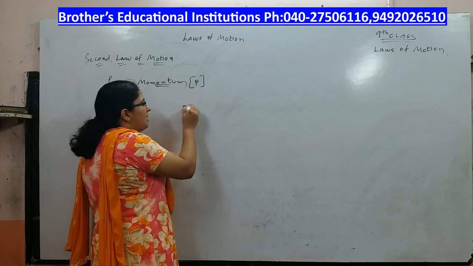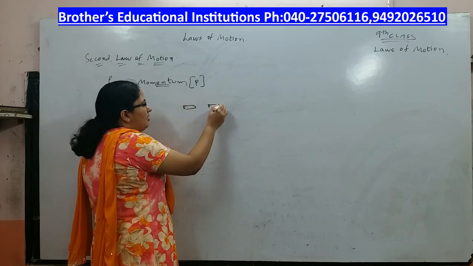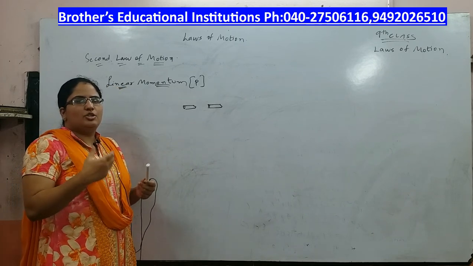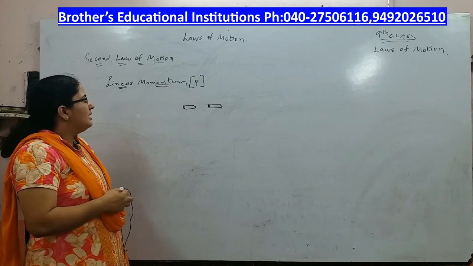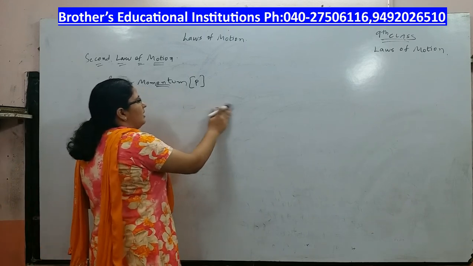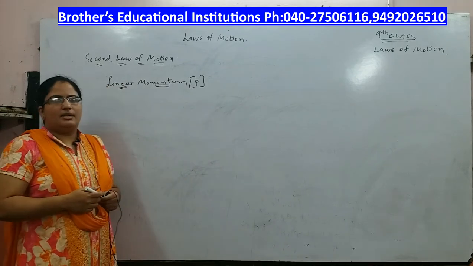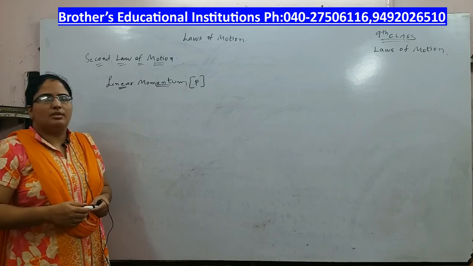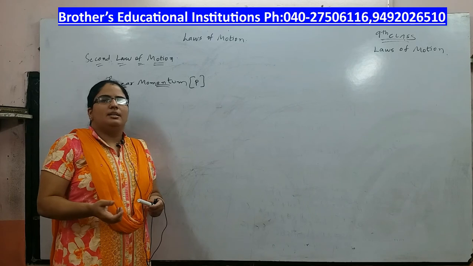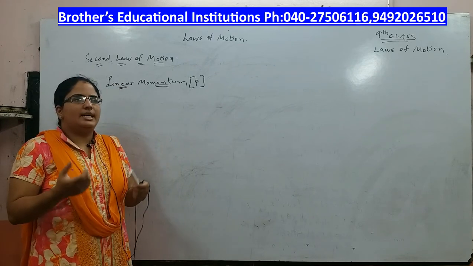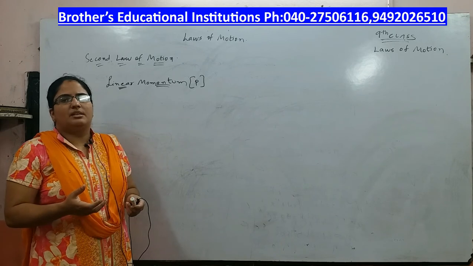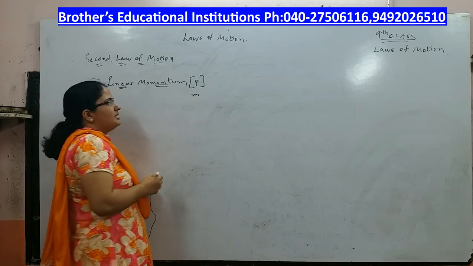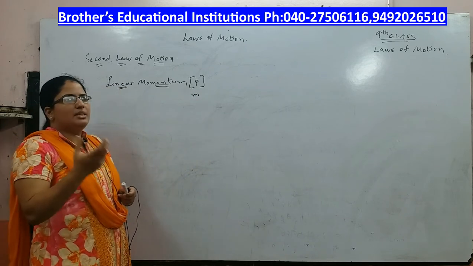Although the two bullets have the same mass, the one which came out of the gun will show more effect over the wall. Next, let us say a lorry and a bicycle are hitting the wall at the same time with the same speed. Which one will damage more, the lorry or the bicycle? It is obviously the lorry that damages the wall more. So here both have the same velocity, but because of the difference in their masses, the lorry damages the wall more.